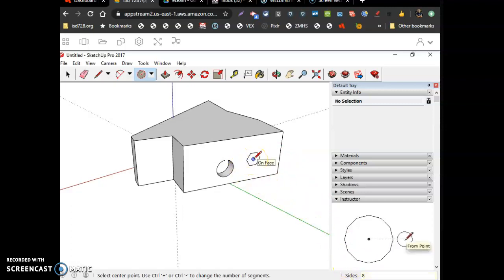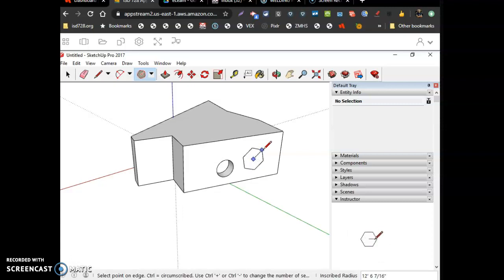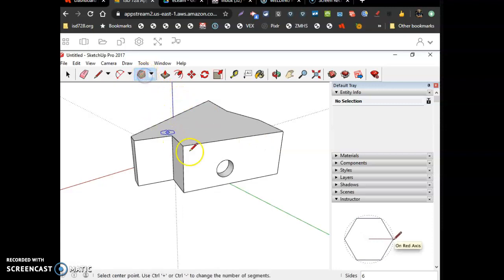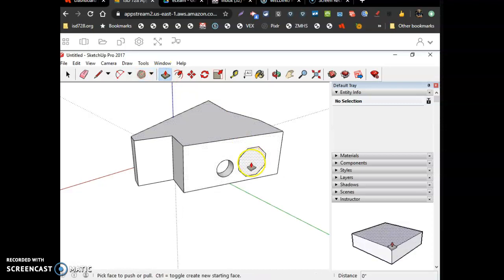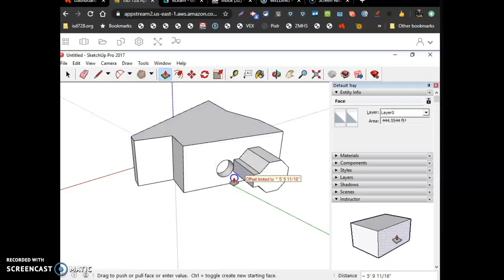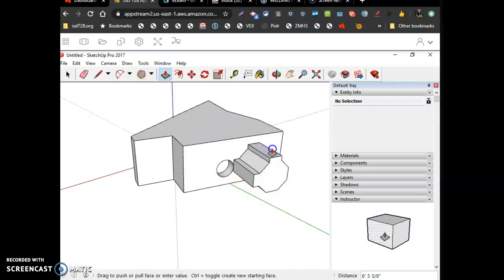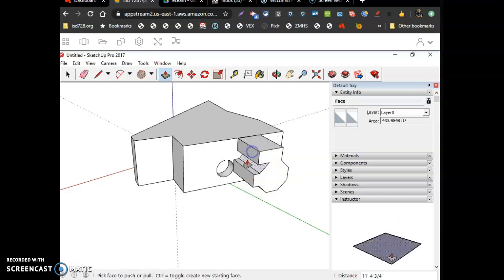I can now hit enter, click and drag my 8-sided, oh, it's still 6. Hit escape, try it again. Polygon tool, hit 8, hit enter. Click, drag, there we go. Drop that one. Push this one inward or outward. Okay. So try a few things out. When you're all done,